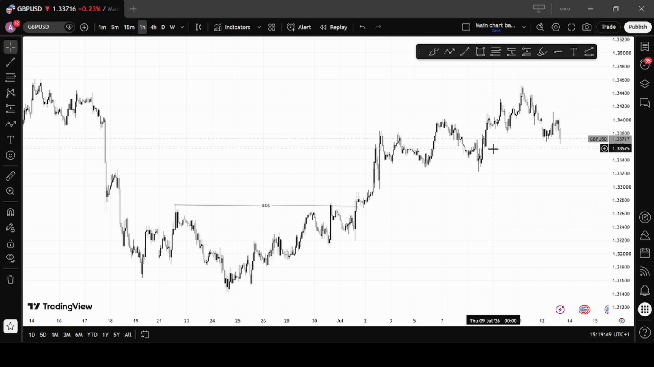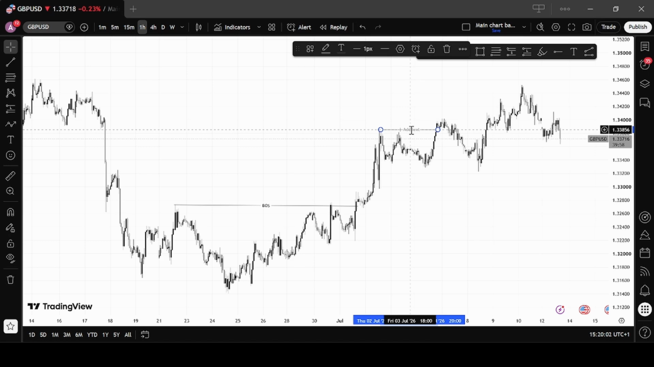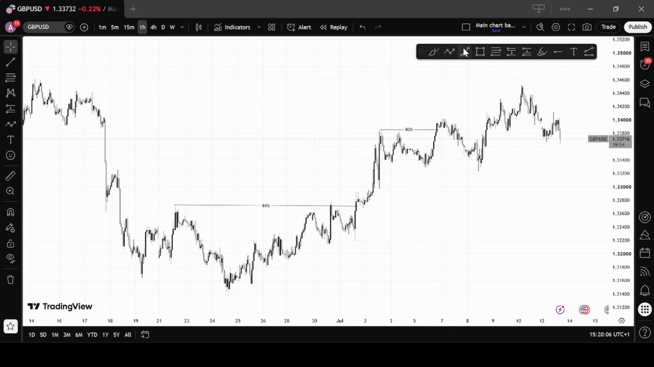Some people call it inducements, some people call it liquidity, whichever way you want to call it. It's a demand zone that has a lot of liquidity in front of it, and I'm expecting price to react from that demand zone. There is a higher probability of price reacting from that zone and then continuing to the upside, because